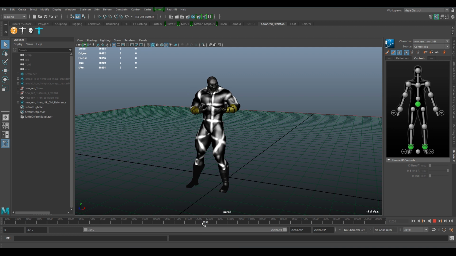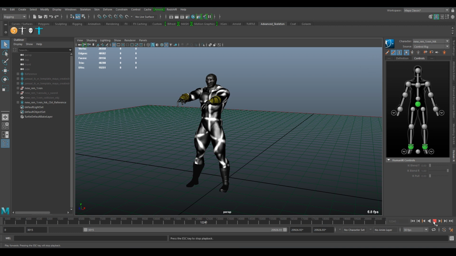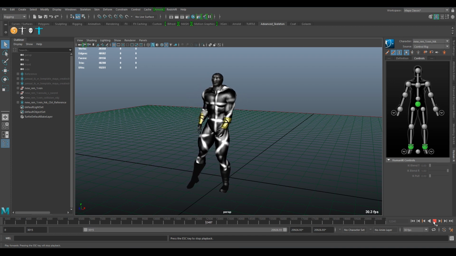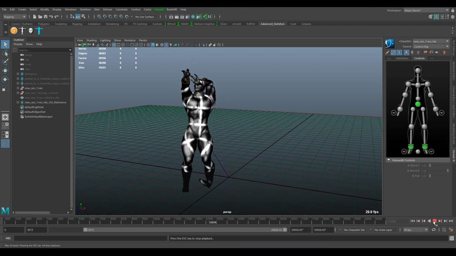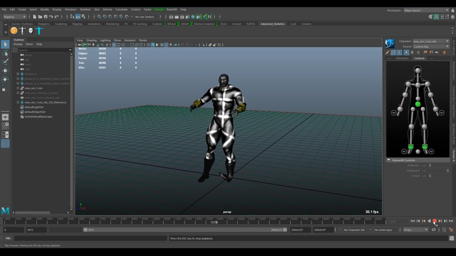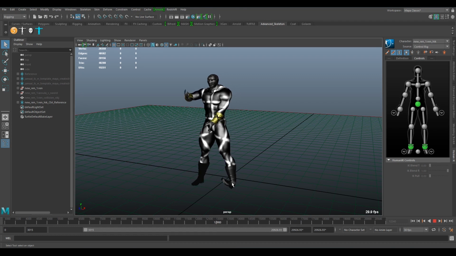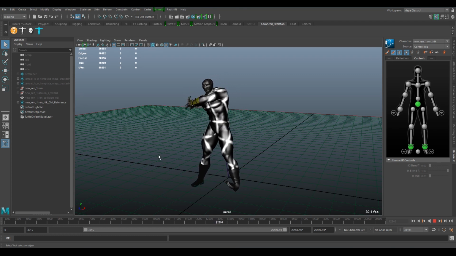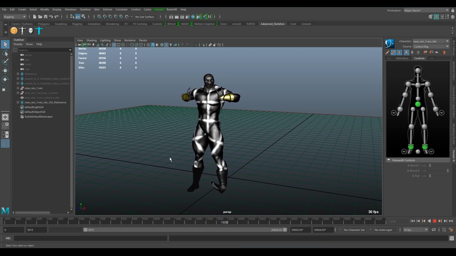Let me see if I can find the part with the air guitar animation. Basketball. See, there was an issue with the foot tracker. It probably came loose. Sword animation. So